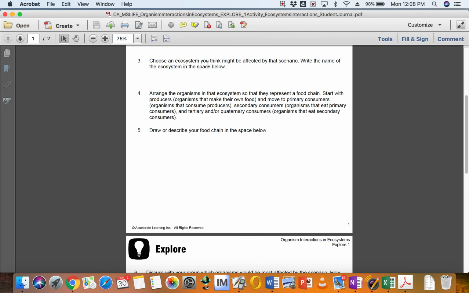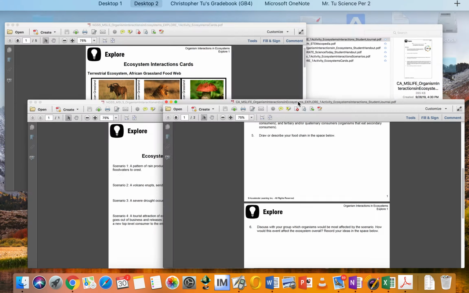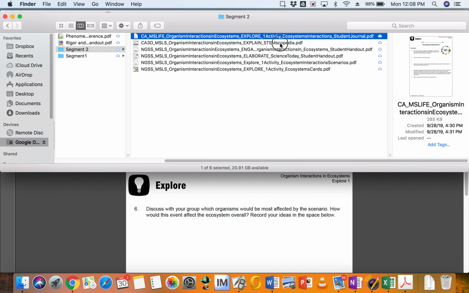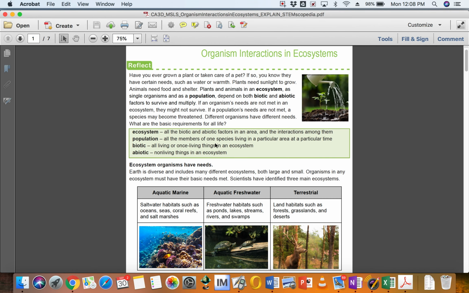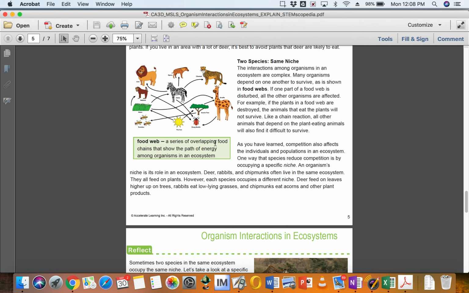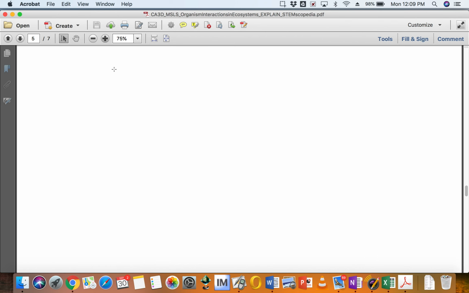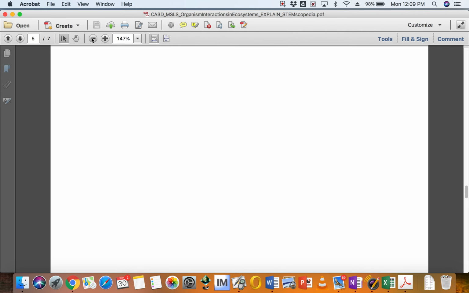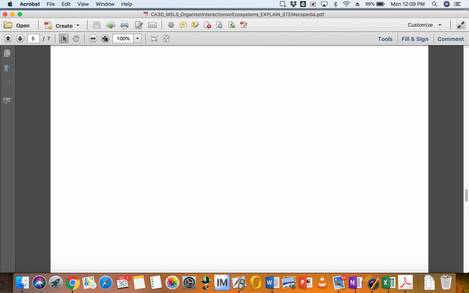All right, so you got your ecosystem. You write down forest or African grassland, and then you are supposed to draw your food chain down here. Now something that concerns me that I want to make sure you all are doing correctly is your food chains. I tried to catch almost every group today. Something that concerns me is your food chains are not looking like the one here from your STEMscopedia notes. Okay, so if you didn't do it this way or something like this, then you're not really making a food